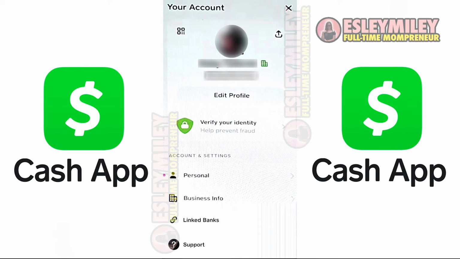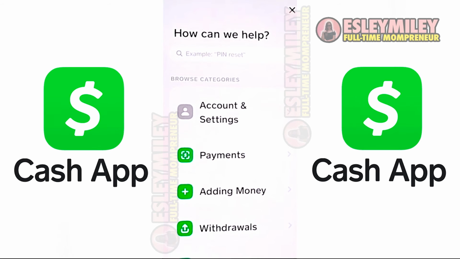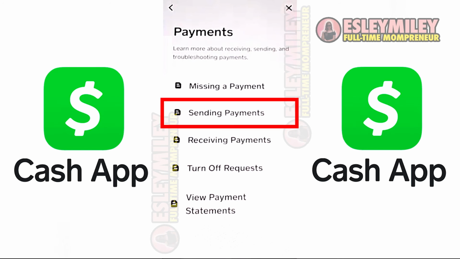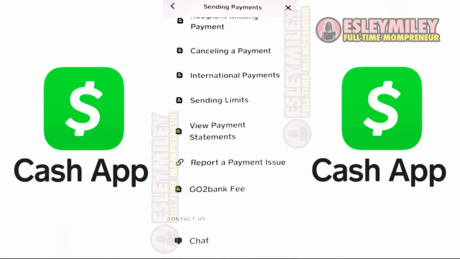Now, scroll down and click on the support option here. Wait for a little bit and scroll down, then click on the payments option here. Scroll down and tap on sending payments. You can scroll down and tap on report a payment issue or click on the chat option here to contact